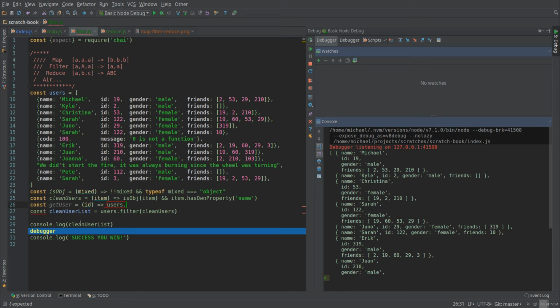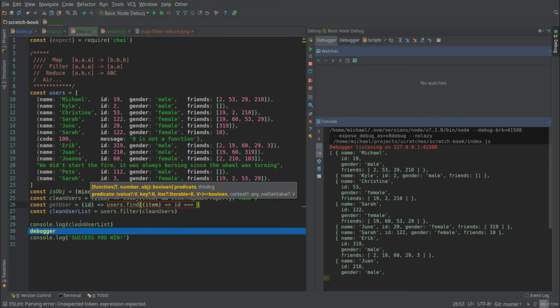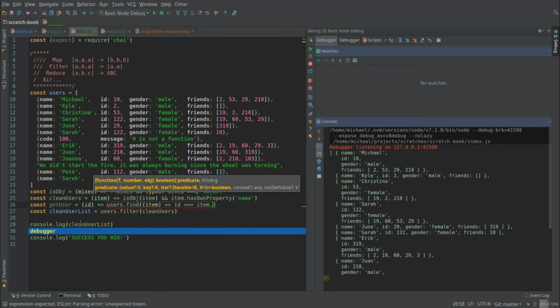So this will return users.find, and this will take a function which will look through each item, and it'll return the first item that passes a test. The test we should give it should check if ID is equal to item ID,